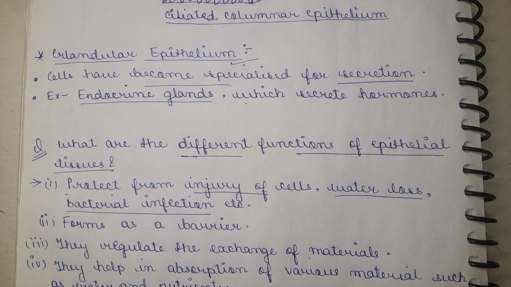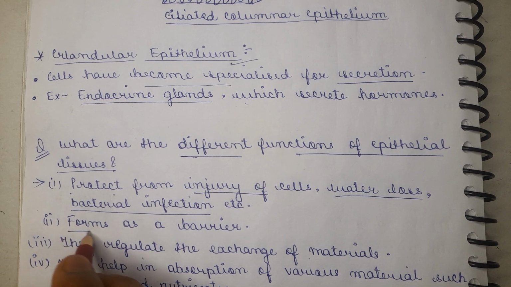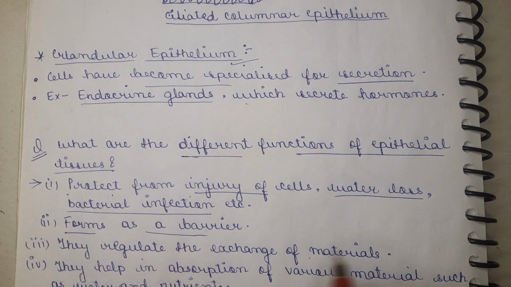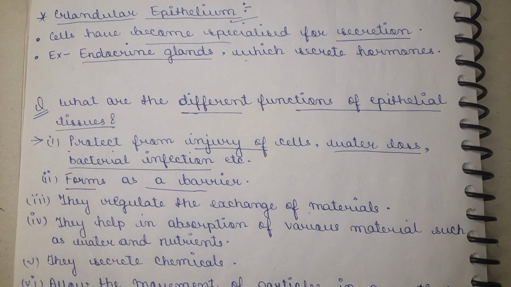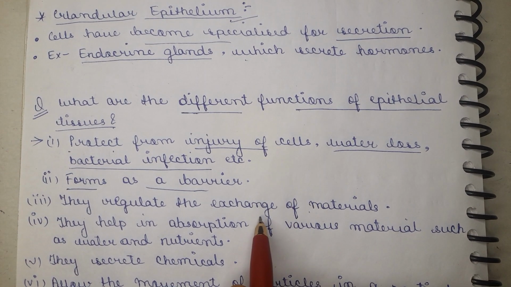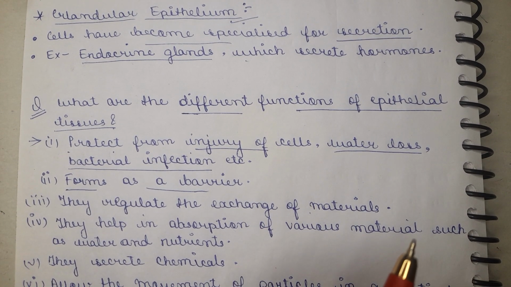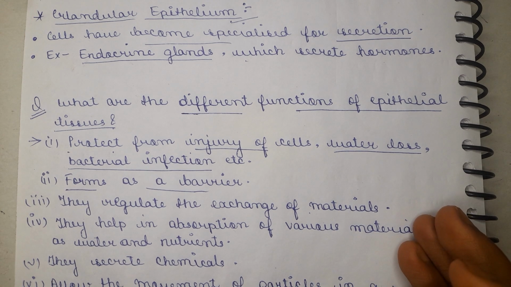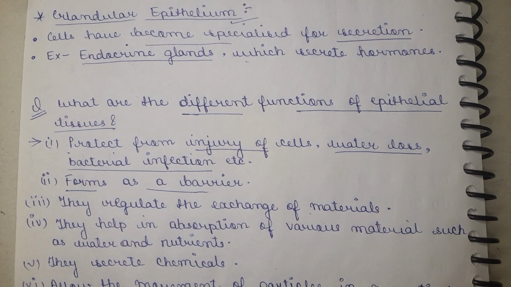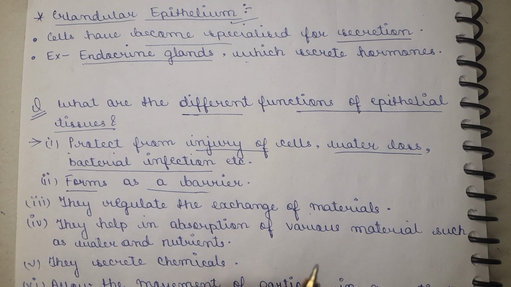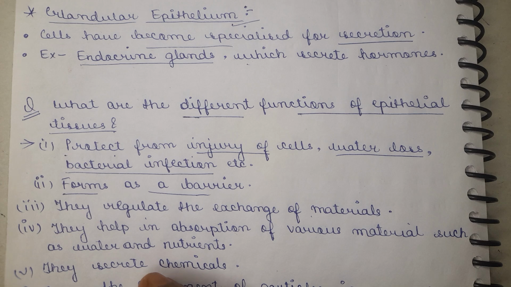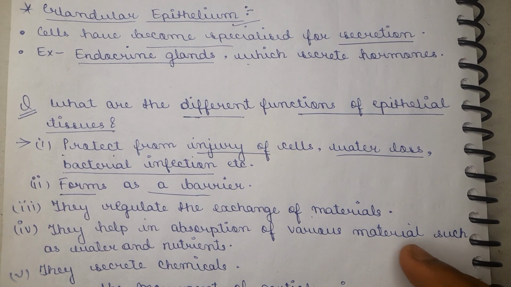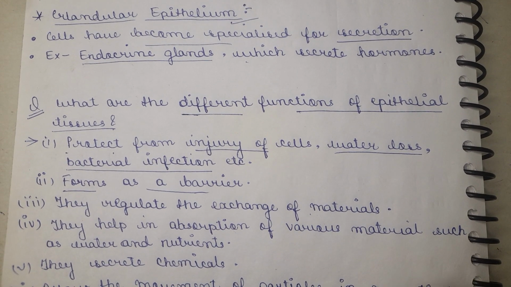The second point says that they form a barrier to keep the body separate. The third point says they regulate the exchange of materials, basically the exchange of materials between the different parts of the body or between the body and the external environment, from the outside to the inside of the body. Now they also help in the absorption of materials such as